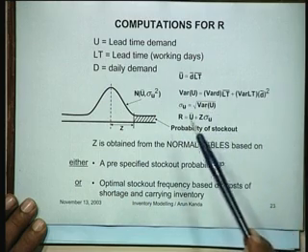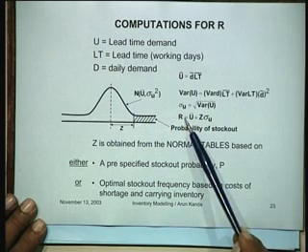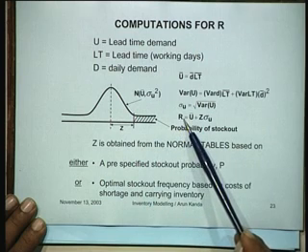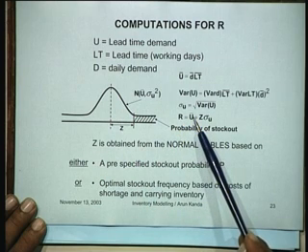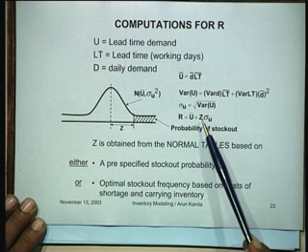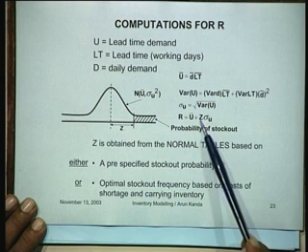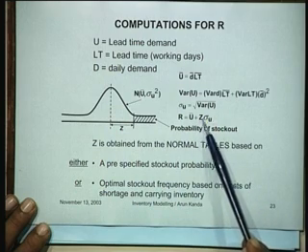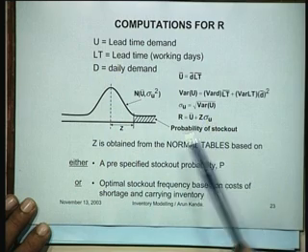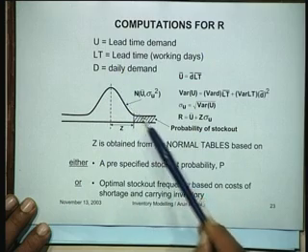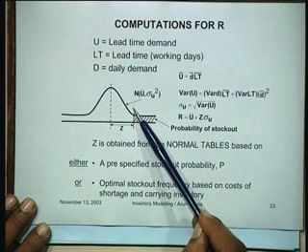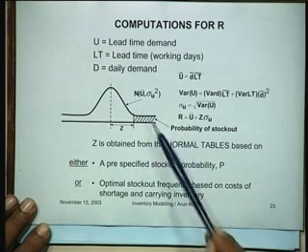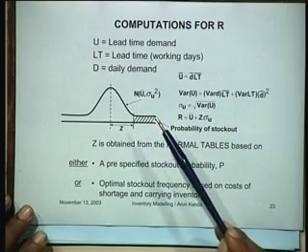So this is now known, and therefore ultimately what should be your reorder level, which is what we are trying to determine. Reorder level will be equal to U bar, which is the average demand during lead time, plus Z into sigma U. Z is like 1 sigma, 2 sigma, 3 sigma in that sense, right. So if the demand is, let's say, normally distributed and you fix your reorder point here, then this area represents the probability of stock out during the lead time.